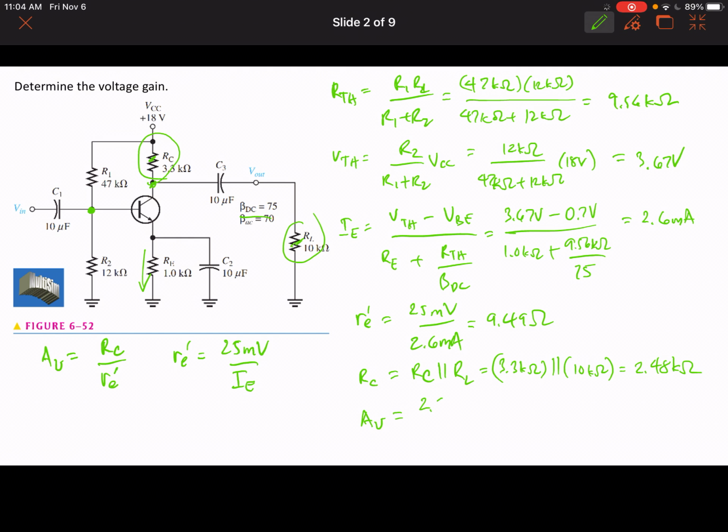Finally, we can get the voltage gain, and the voltage gain is nothing but small c, 2.48 kilo ohms, divided by RE prime, which we already know as 9.49 ohms. So this gives us a voltage gain of 261. We can also solve for the voltage gain from the source, but for that we will be needing